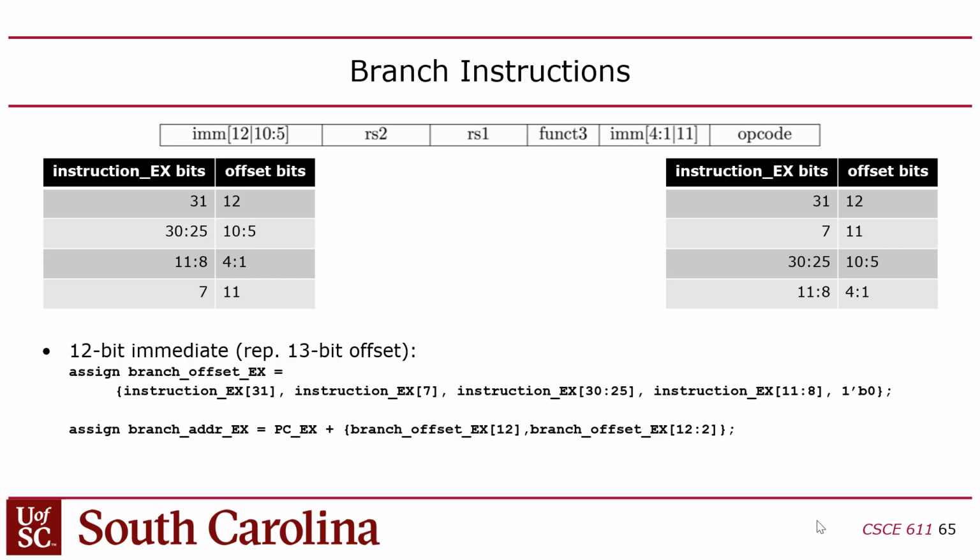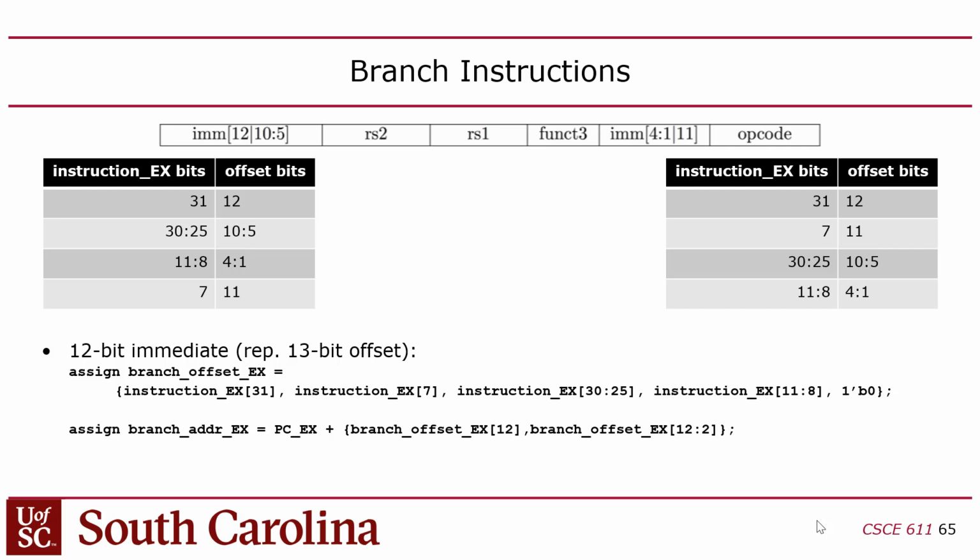Okay, but then our fetch stage is word addressed, right? So when we calculate the branch target, we end up deleting 2 bits from the right. So I add a bit here and then I delete 2 bits here, which might seem redundant, right? But the reason I'm doing that is because I'm calculating the byte address here, because this